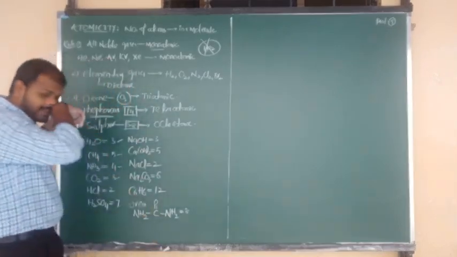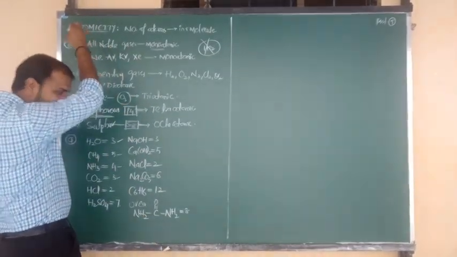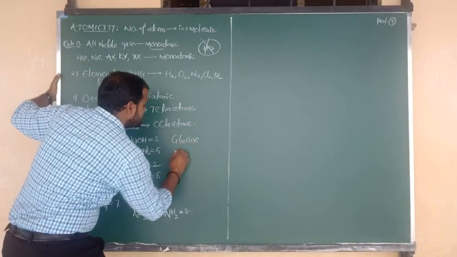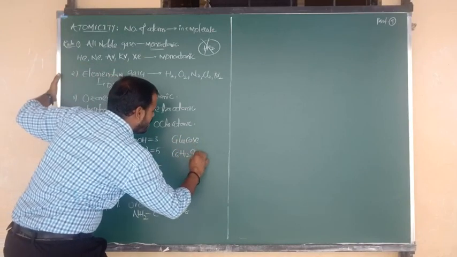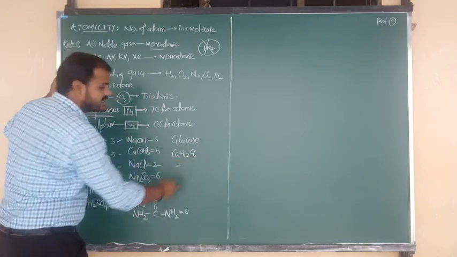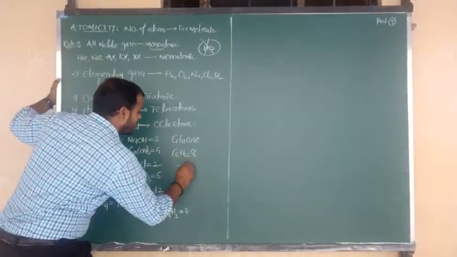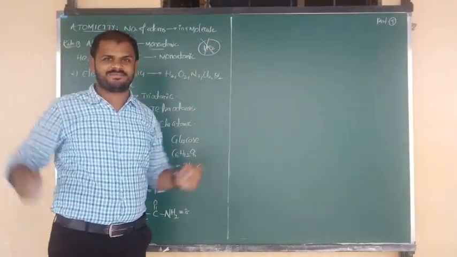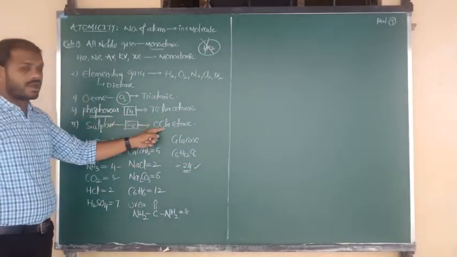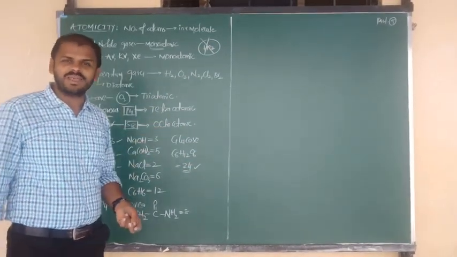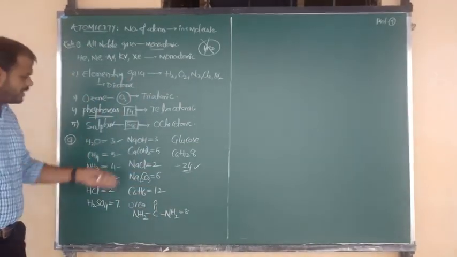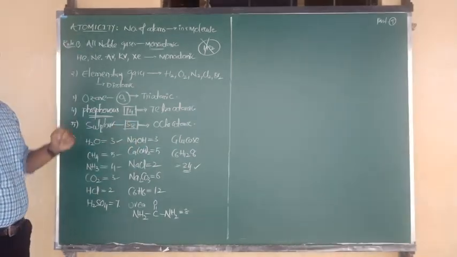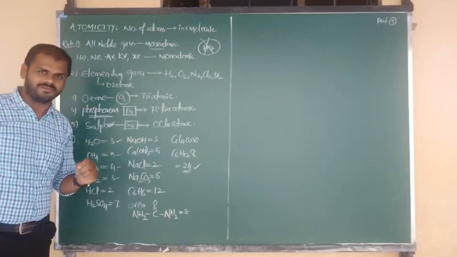Okay, good. So another molecule I want to show you. Ready? First, suppose glucose. What is the formula of glucose? Glucose formula is C6H12O6. Total 6 carbons, 6 oxygens, and 12 hydrogens are there. So total atomicity of glucose is 24. Simply we can say that it is polyatomic. And S8 sulfur is octatomic, and also we can say it is polyatomic. If you know the formula, you can easily calculate the atomicity. I hope you understand this concept clearly.